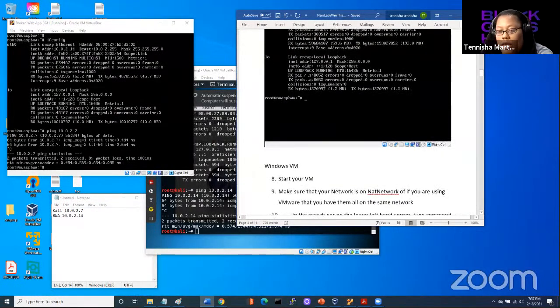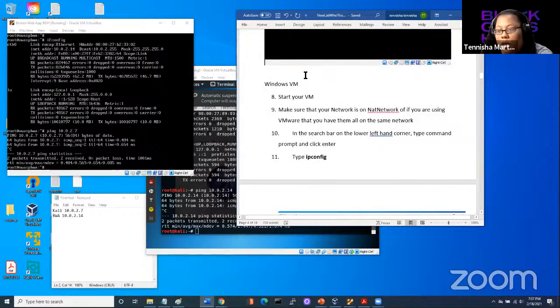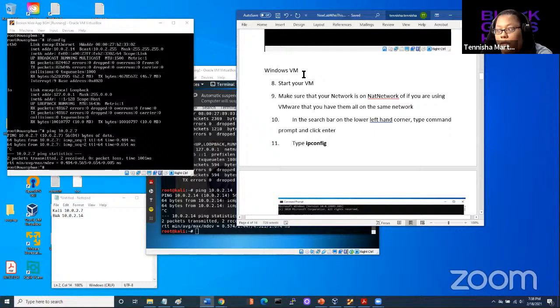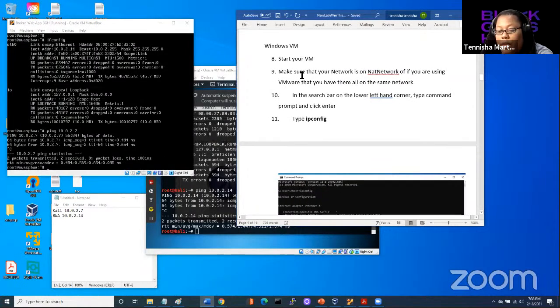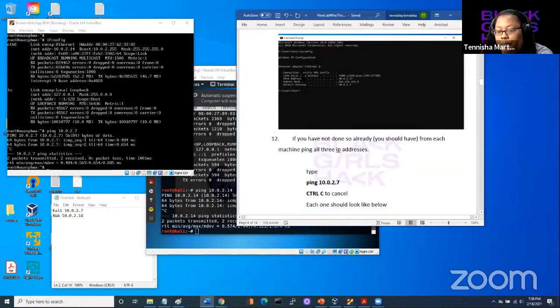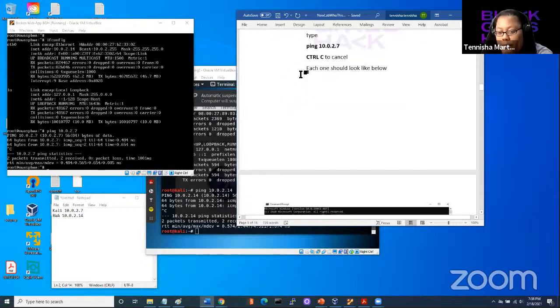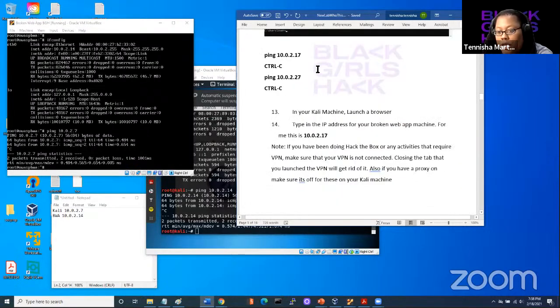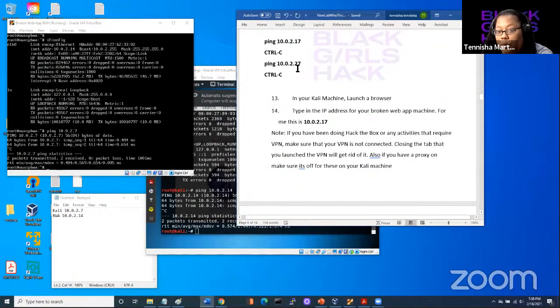And we don't actually need the Windows VM for today's exercises. So you can actually leave your Windows VM down, especially if you have resource issues on your computer. But if you want to pull it up, you can. Just make sure that it's connected to the other 3. And we have done steps 12, 13, and 14. And so we know that we have connectivity on all of these machines,